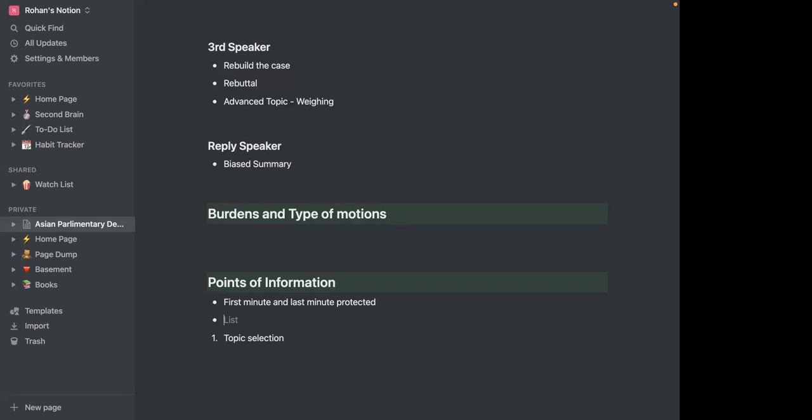You can obviously reject every single point of information and not take any. It's considered, number one, bad practice, but number two, it's also bad for your argumentation, because if you take points of information, you're able to argue better against their case. They will ask you some questions or try to attack your argument, and you're able to show why their attacks are bad, number one.